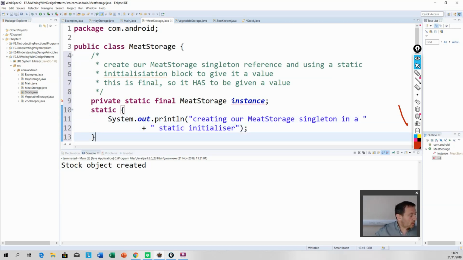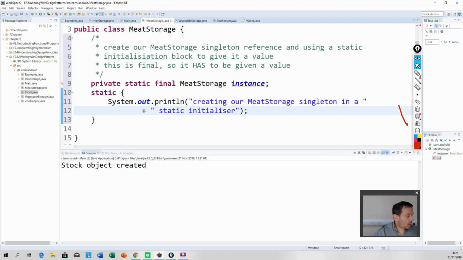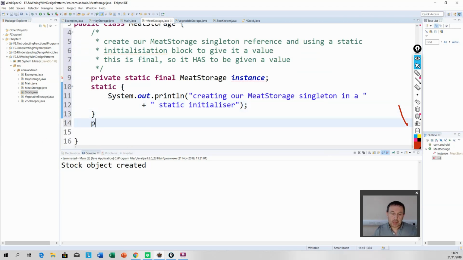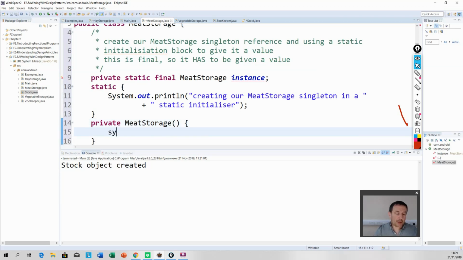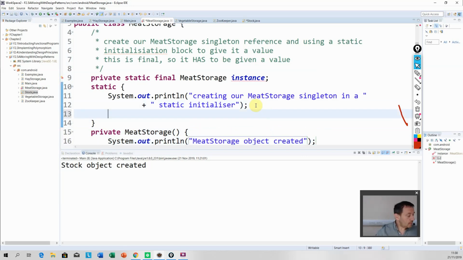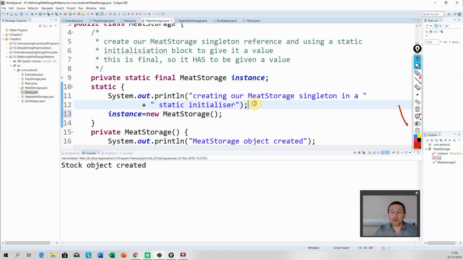Okay, so before I do that, I have my constructor which is going to be private, MeatStorage, and just to make sure it's being created, "MeatStorage object created." Now, inside the static initializer, we can access only statics directly. Instance is equal to new MeatStorage. Okay, so this initializes